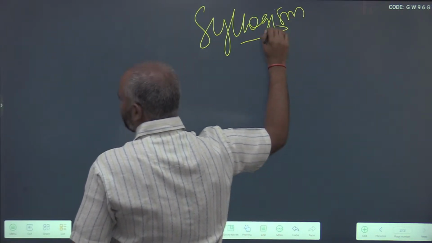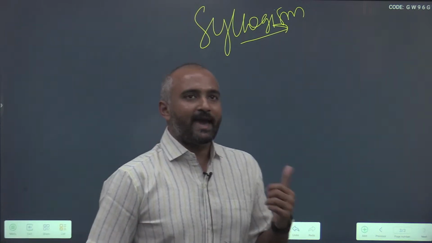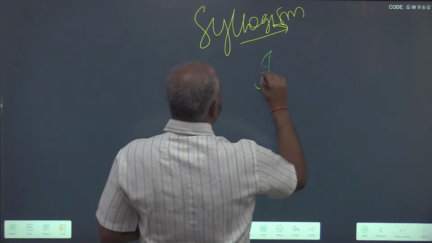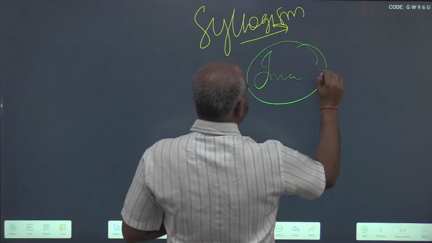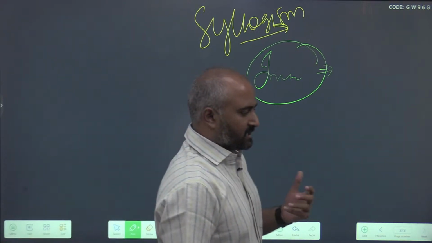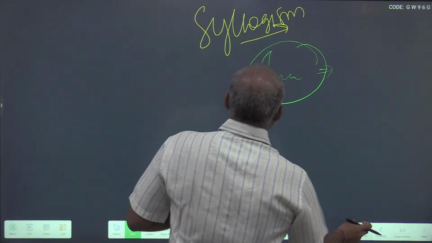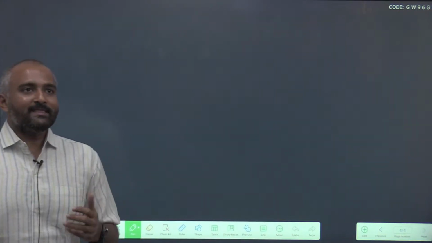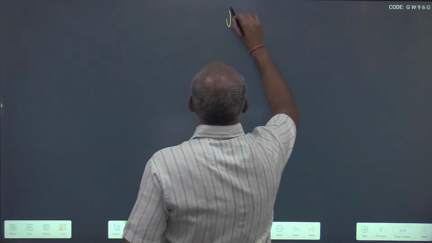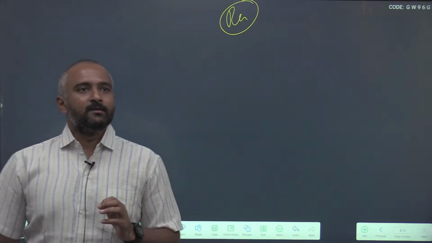Mostly, in every year's CSAT, you get a guaranteed question either from syllogisms or from inequalities. So, since this is a guaranteed topic, I thought let us take up syllogism and see a better way to solve syllogism problems than what is prevalent in the market. But having said reasoning, I am not going to start from reasoning. Why? Because